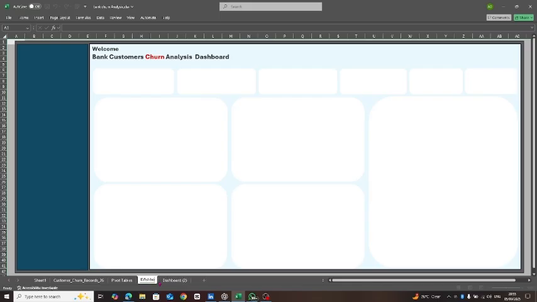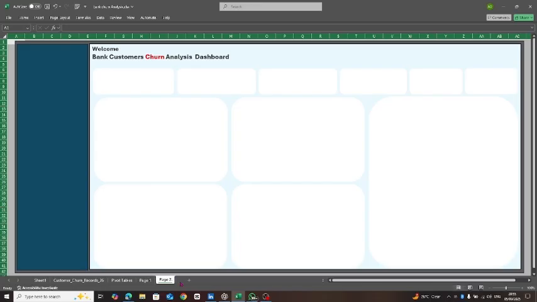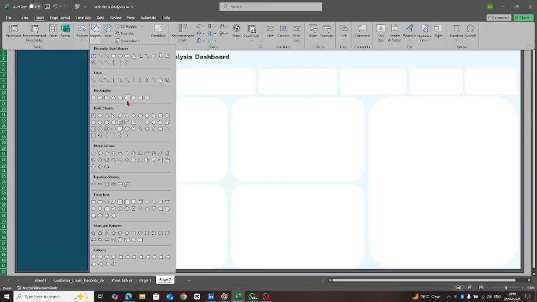So I'm going to rename my sheet now, so I don't get myself confused. Okay, I think I'm going to name it dashboard 1 or dashboard 2, but I further went on to change it to churn analysis and then churn analysis overview. The churn analysis overview is my page 1 of my dashboard, and my churn analysis is my page 2 of my dashboard. So the overview is like the main points of my analysis.